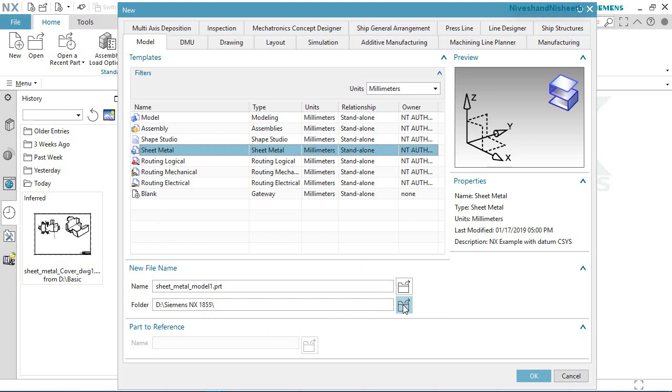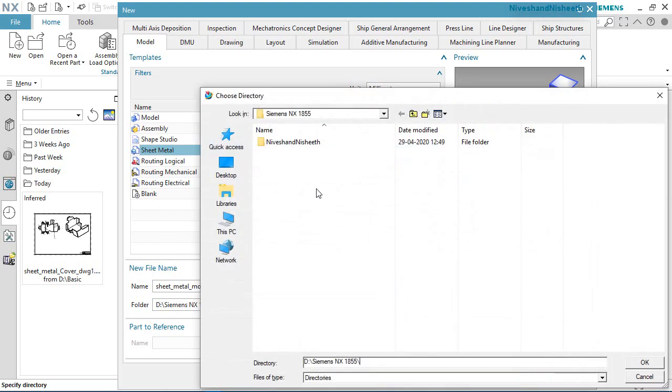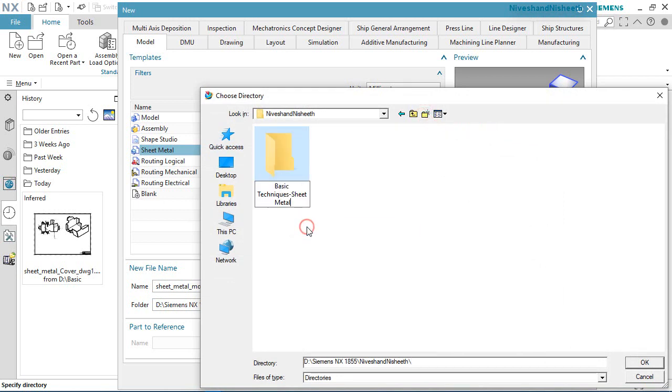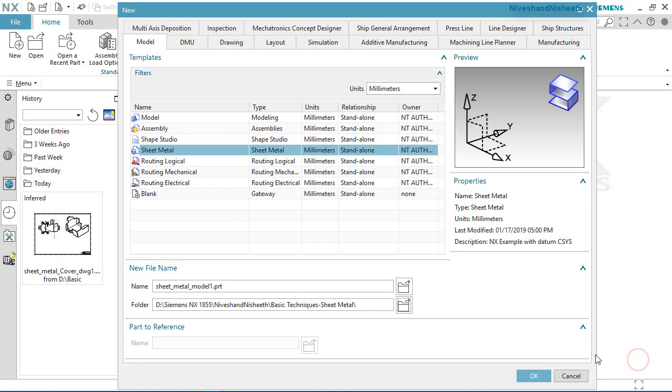Save the part file in the basic techniques sheet metal folder. OK. Now see here. Type cover. OK.